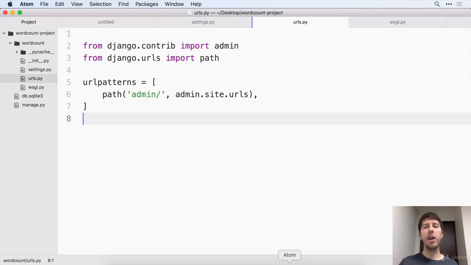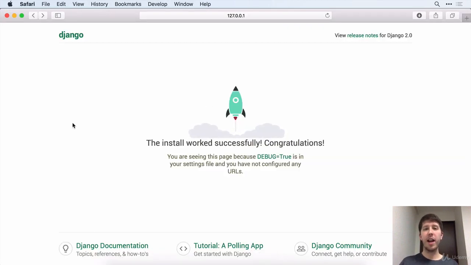In this lecture, we are going to be creating our first custom page here in Django. So it's really awesome that we were able to get this page showing up, right? This is cool. This is something actually live that we can see in a browser, but this isn't our own creation, right? This is Django's default page that shows up just when you get your website up and running. So the main goal, even though it's not going to be looking very fancy, is to get something of our